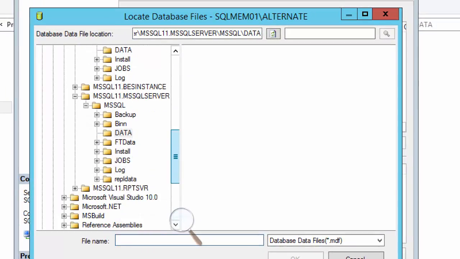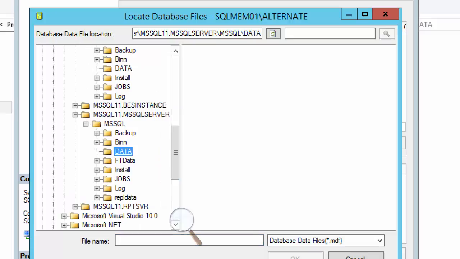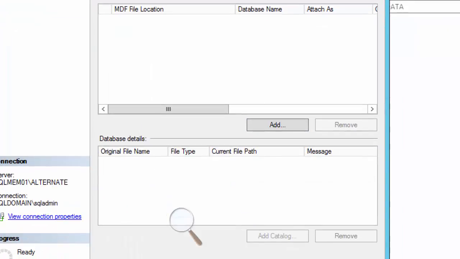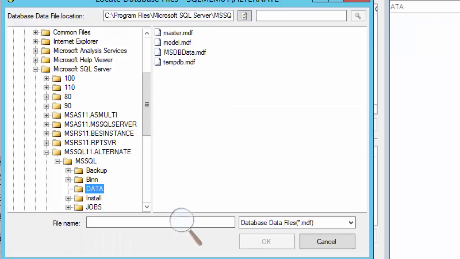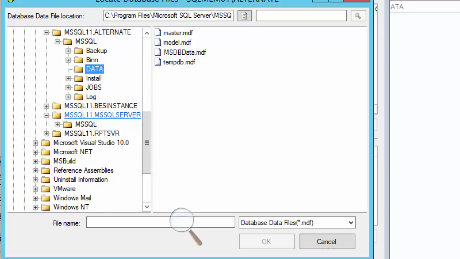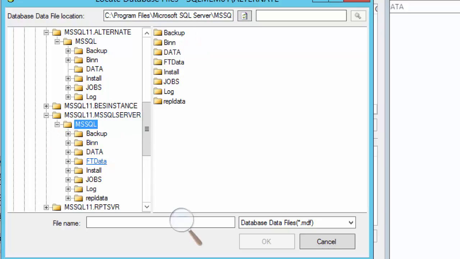The lunch file, so we just have to give the lunch file directly because it's not really attaching. Let me just close that and try to get that again. Add, this is its path, and it needs the path of that. So if I try one more time by going to the right one, SQL Server, data.